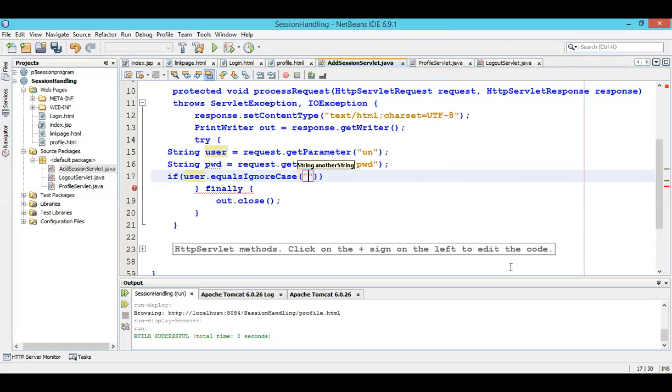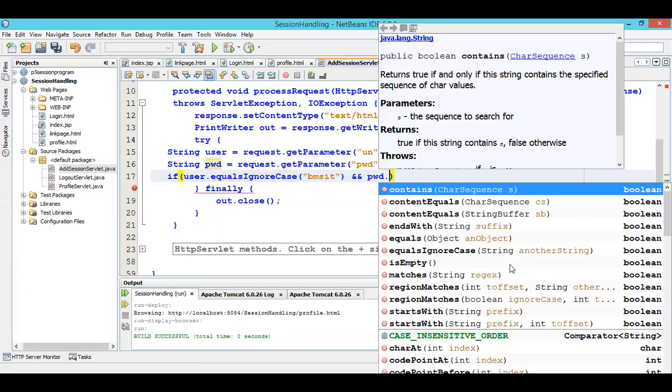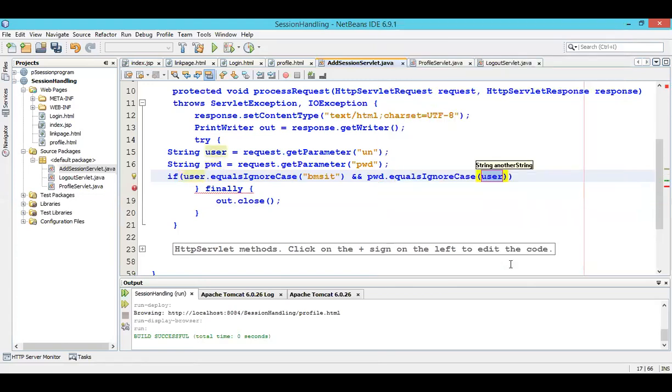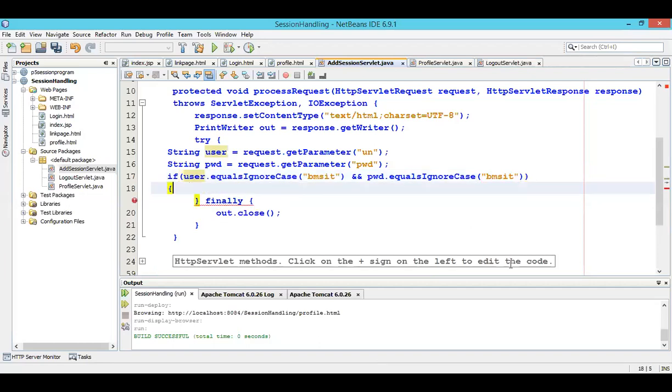For example, if I input BMSIT, username as BMSIT, and pwd dot equalsIgnoreCase, whether you pass all caps, all small or mixed, it will support BMSIT. Okay, in this case, if both inputs are proper,